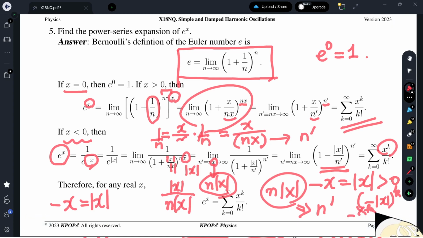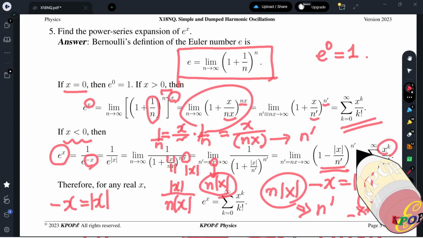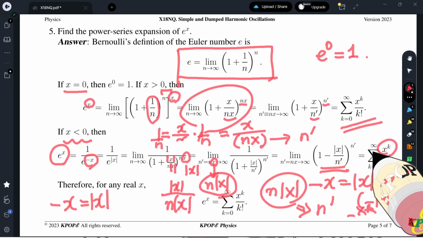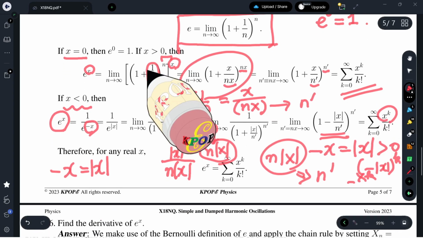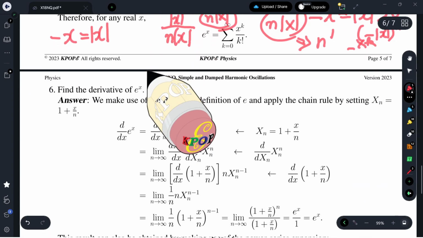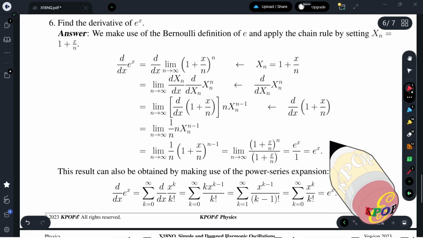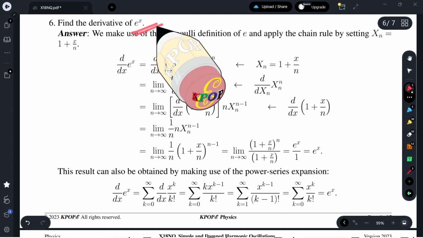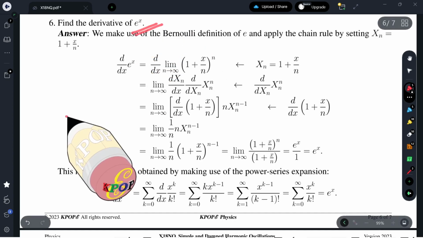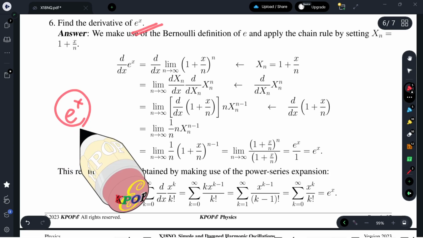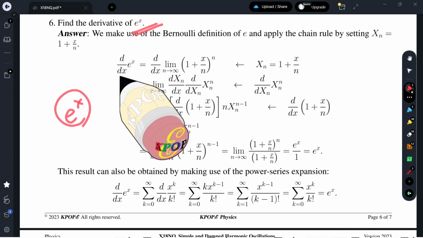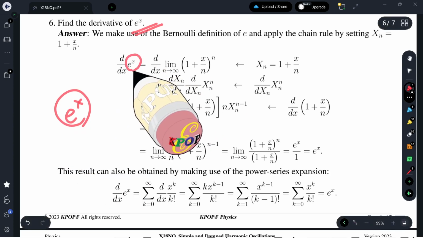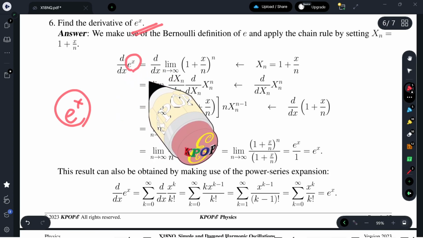Okay, let me add an additional step between them. Number 6. Find the derivative of exponential x. We know the derivative of exponential x. However, let us repeat. The derivative of exponential x is by definition,